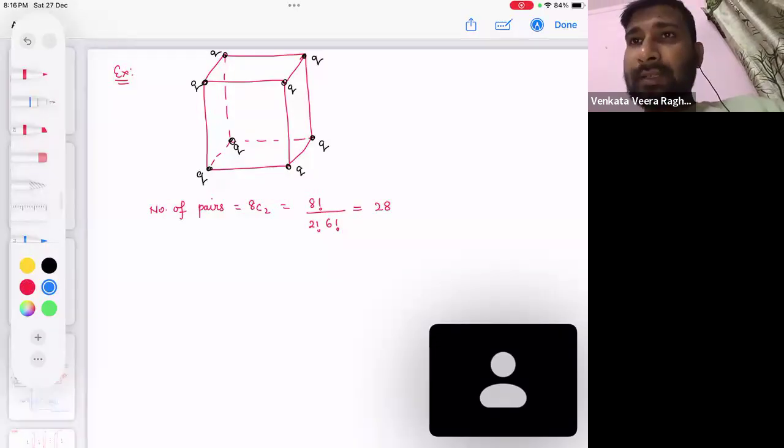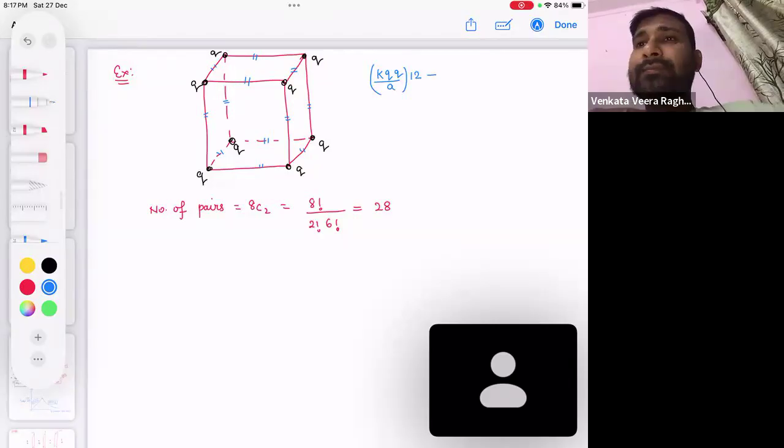See that. One side, two, 3, 4, 5, 6, 7, 8, 9, 10, 11, 12. So there are going to be 12 pairs having kQ1Q2 by a, 12 pairs plus. Now look at the diagonals. Face diagonal. These will be called what? The face diagonal. The total